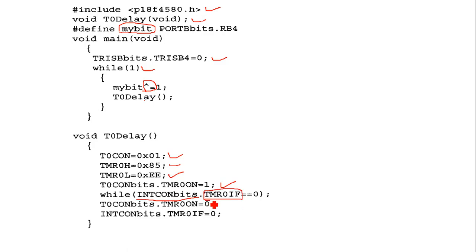If it overflows, then this timer flag will be raised. So we have to reset it, then reload the timer count and again start the counting to make it repeatable. Thank you, student.